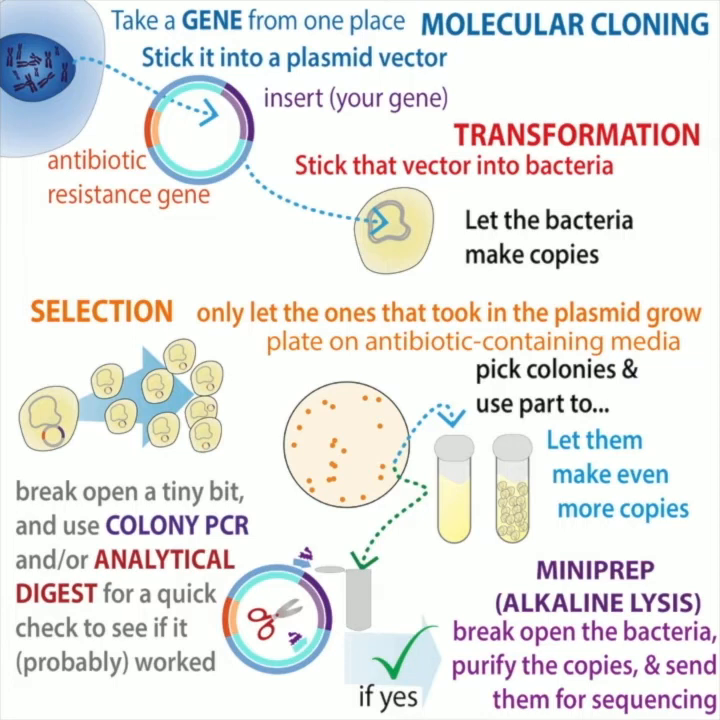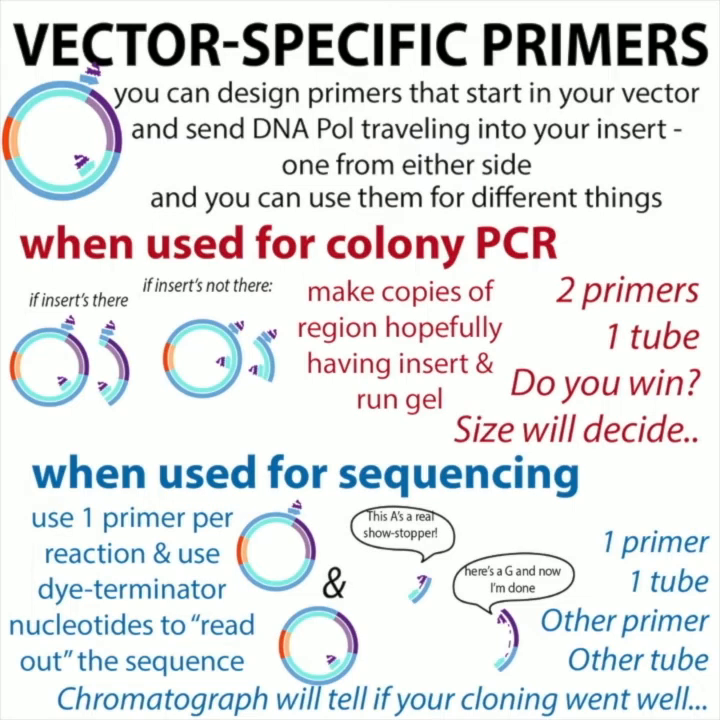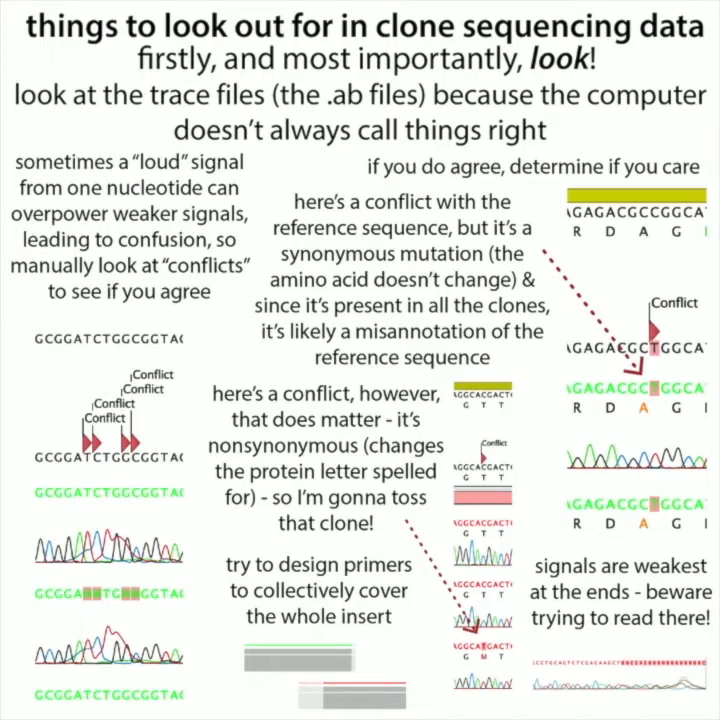There are quick tests you can do in the lab to see if your insert probably got inside, like colony PCR and analytical digest. But those won't tell you if the sequence is correct. To really know if the sequence is correct, you need to send them for sequencing. You'll use primers that copy into the inserted gene, send them for sequencing, and you'll get back these wavy line traces representing the sequence,